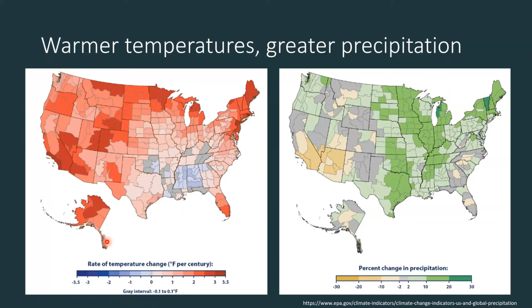Based on our past climate trend for Minnesota, you can see that we're warming, as shown by the darker red, and then having a greater amount of precipitation, as shown by the green in this map. And so it's expected that in the future, we're going to continue to have warmer temperatures and increasing precipitation. The risk of excessive precipitation in those early spring months seems to be increasing. And so one way to manage that risk is through using split applications.